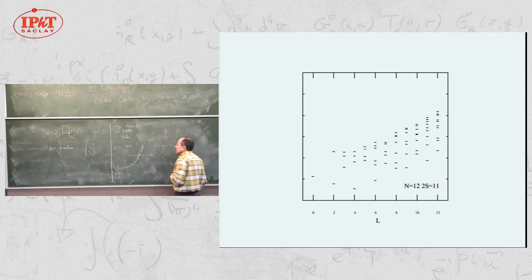Then you have the first excited state, there is only one way to do that. That's the unit particle excitation you can do. Now, if you look at the second excited state, you can take this electron and put it on the second unoccupied orbital, or you can also take these two guys and shift them by one unit, both. So there are two possibilities to do that.